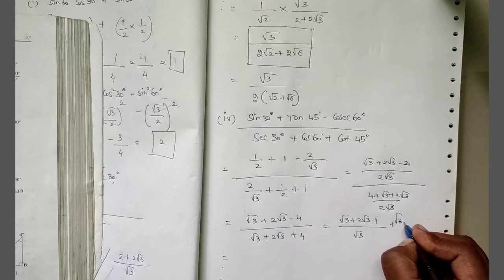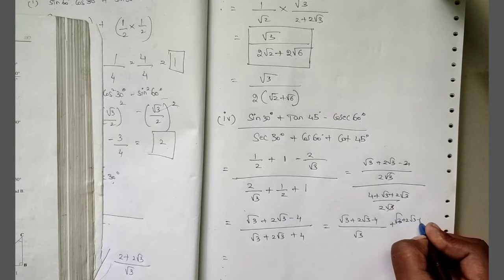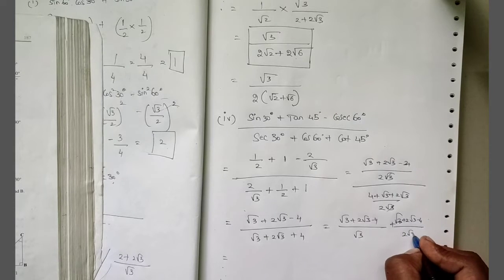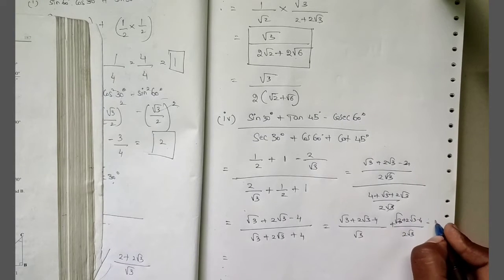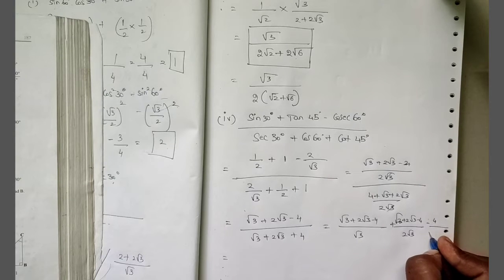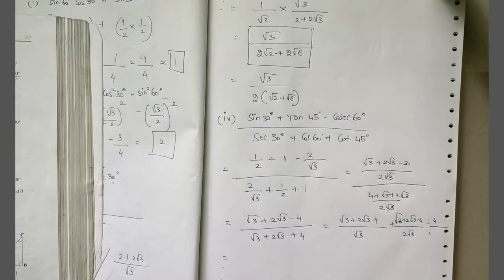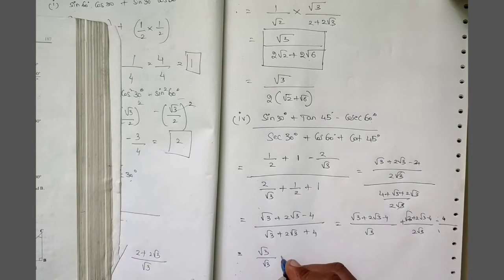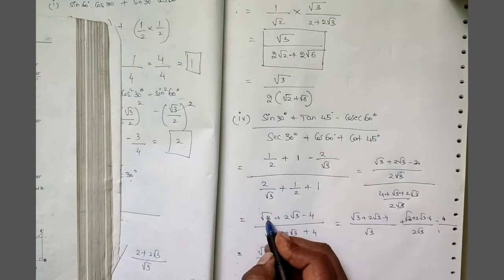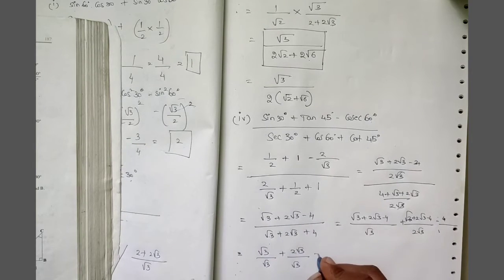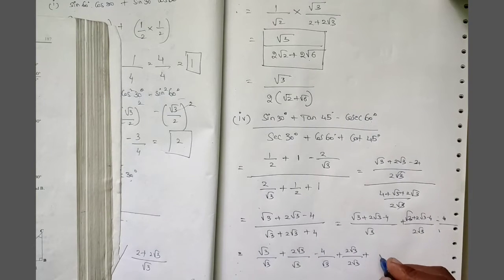Again, root 3 plus 2 root 3 minus 4 divided by 2 root 3 minus 4 divided by, we can separate it like this easily, plus 2 root 3 by root 3, this by this, this by this and this by this, minus 4 by root 3 plus 2 root 3 by 2 root 3 plus 2 root 3 by root 3